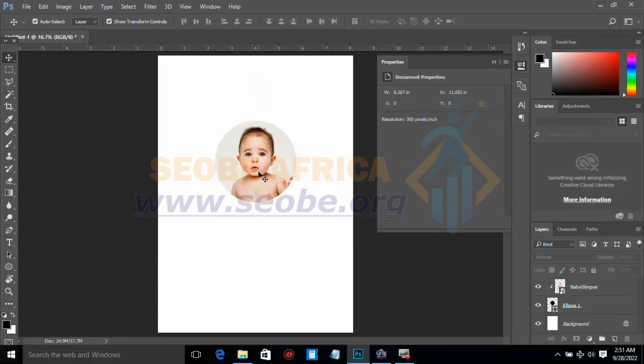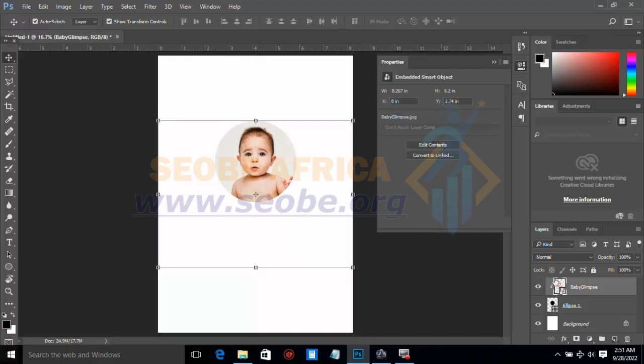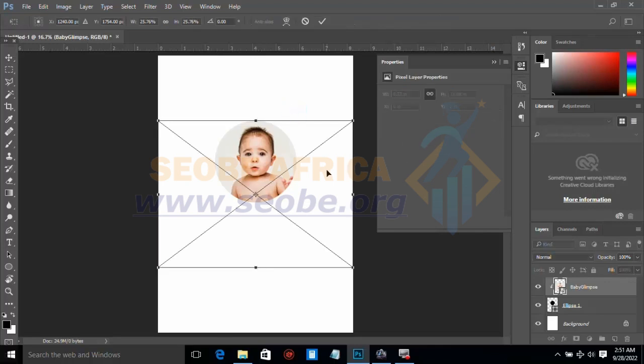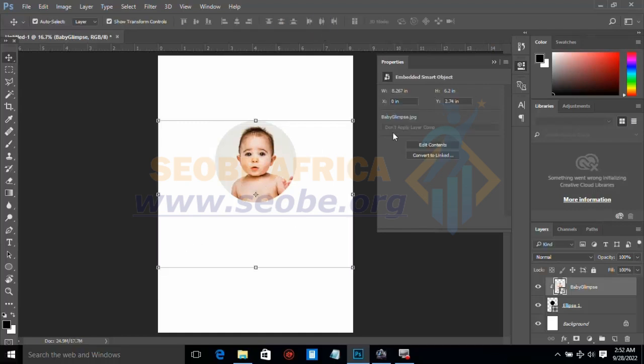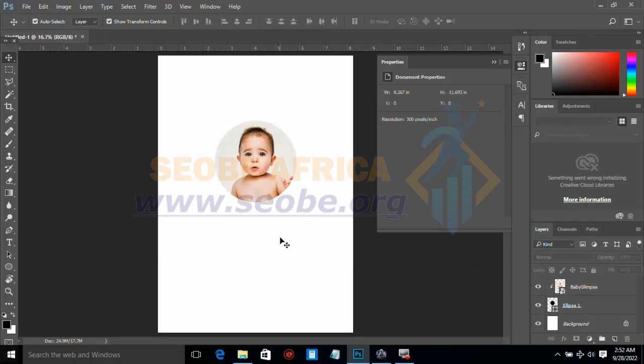So this is how to create clipping mask. Okay, so there's no need of changing the color because assuming I trim the picture then before I can do that. Okay, so that is just basically how you can do clipping mask,